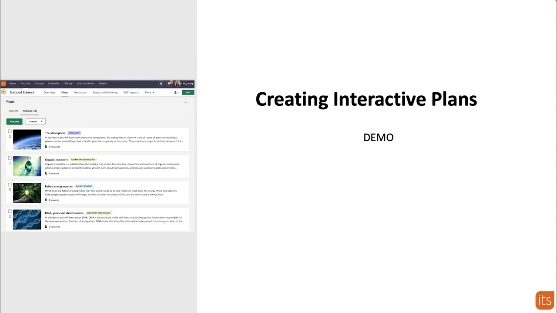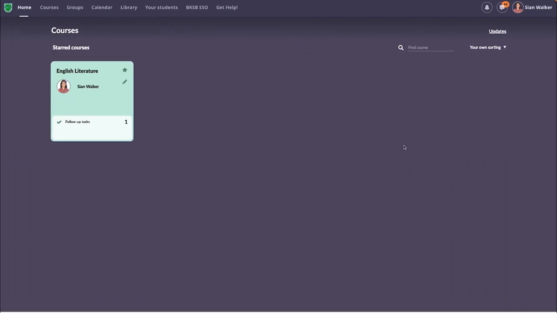Okay, so let's jump into our demo here, and we're going to start to create a plan. So here I am on my itslearning portal, my itslearning platform here. I'm logged in as a teacher, so I'm logged in as Sian. We can see at the top right hand side I've got Sian's name up there and an image there. And we can see that under the English literature course, Sian's got a follow-up task, but if we click into here,